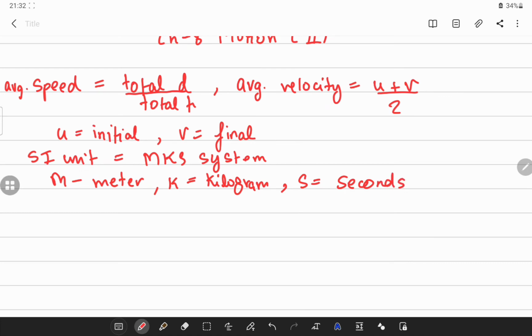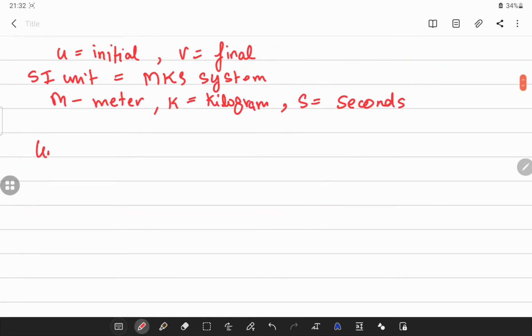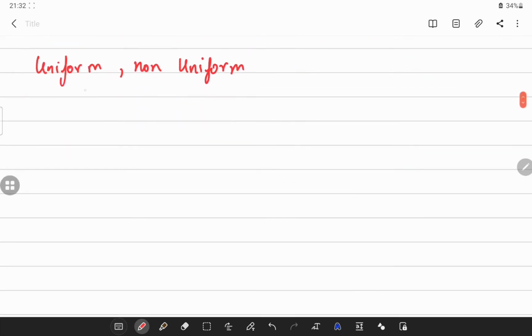Now coming on to the next thing, uniform and non-uniform motion. The thing with uniform motion is, when there is no problem, there is no acceleration, nothing, the car is moving at a constant velocity. For example, in the first 5 seconds it covers 5 meters, and then the other 5 meters also take 5 seconds. Like, the velocity isn't changing. That's when you get uniform motion. Meanwhile, in non-uniform motion, acceleration is there and the velocity changes with respect to time.